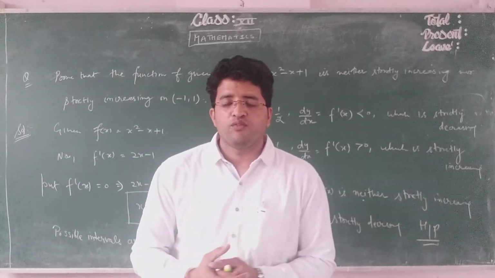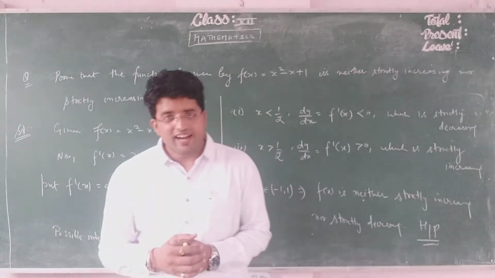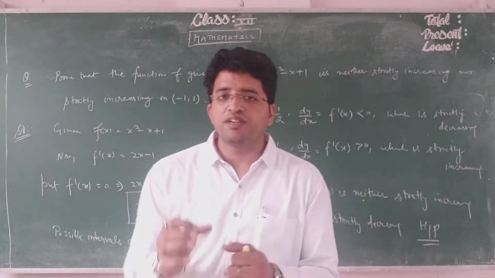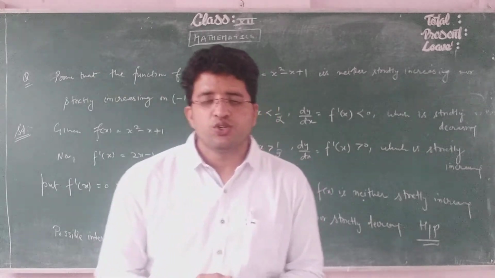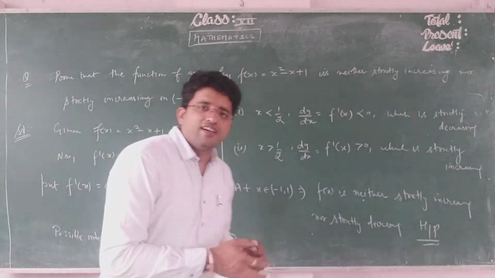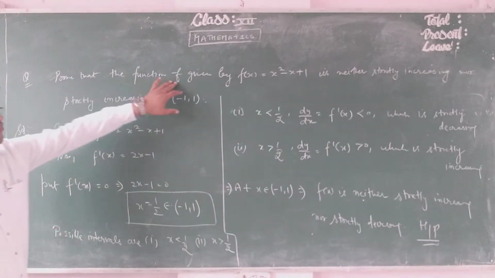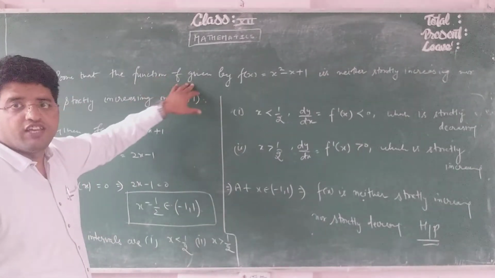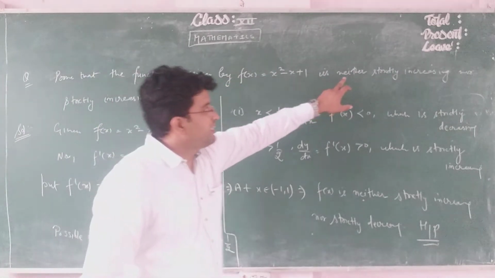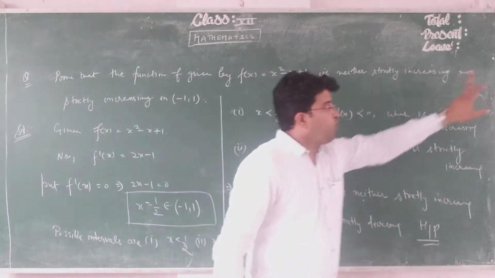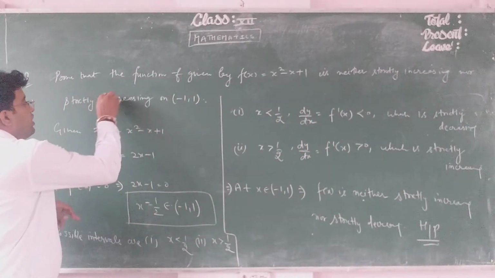In the last class, we have done tangents and normals and the typical problems. And right now, I am discussing with you the typical problems on increasing and decreasing functions. So, let me start our question, that is, prove that the function f given by f(x) = x square minus x plus 1 is neither strictly increasing nor strictly decreasing on